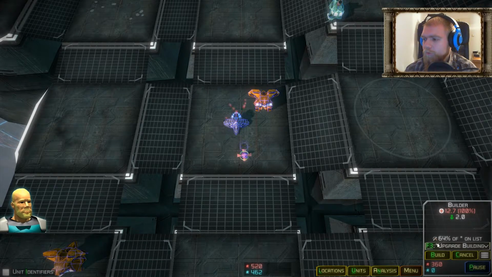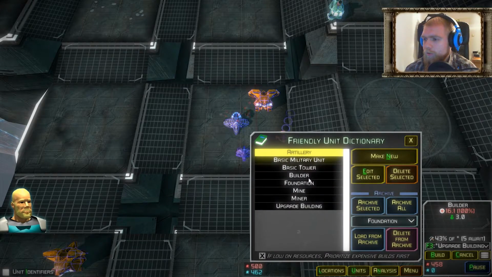See, resource income increasing a lot, but I have no blue resource income anymore. Let's get a few more buildings here. So let's